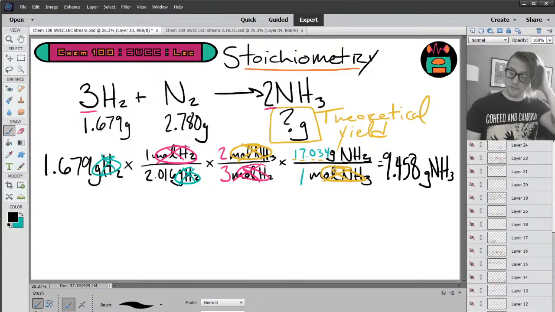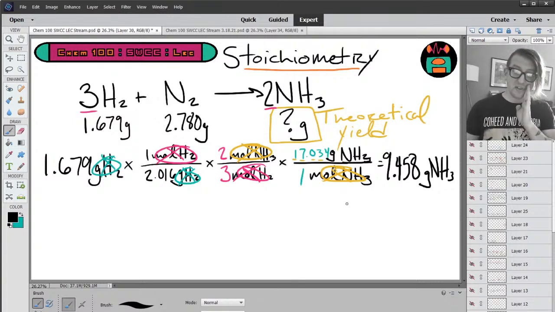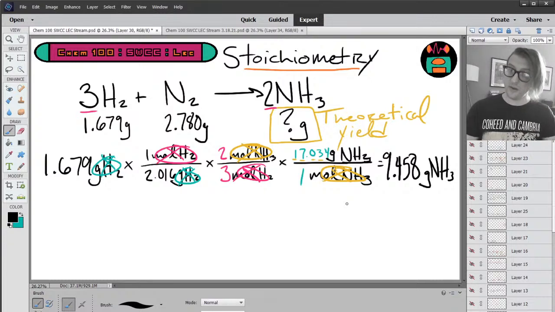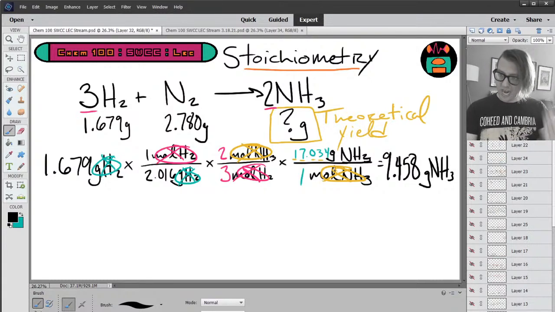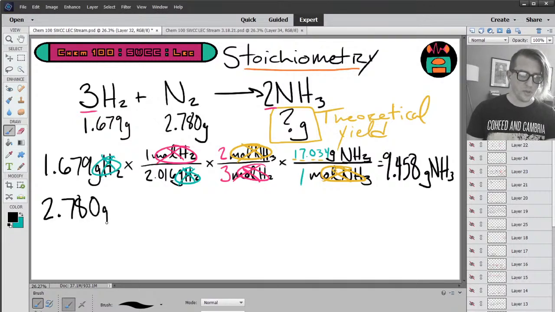Now, what is this number? Well, it might be our theoretical yield. We don't know. We have to do this calculation for H2 and N2, and then whichever value is smaller, that will be our theoretical yield. So we're halfway through, but we have to repeat this calculation with our initial quantity of N2. So starting with 2.780 grams,